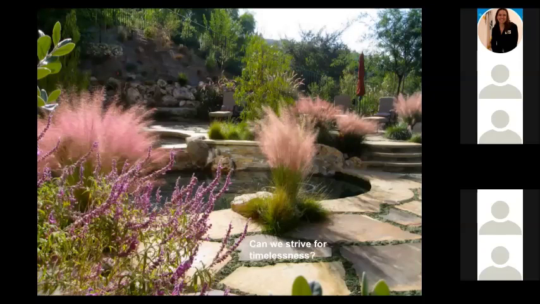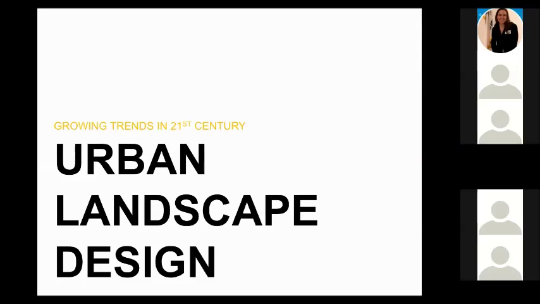I mean, these are some of the questions that we're asking ourselves as designers on a regular basis. How do we create a landscape that serves the test of time, that bridges those trends with a longer, wider serving audience? How do we meet that triple bottom line, if you will? So what are some of these growing trends in the 21st century that are trying to address these dated design